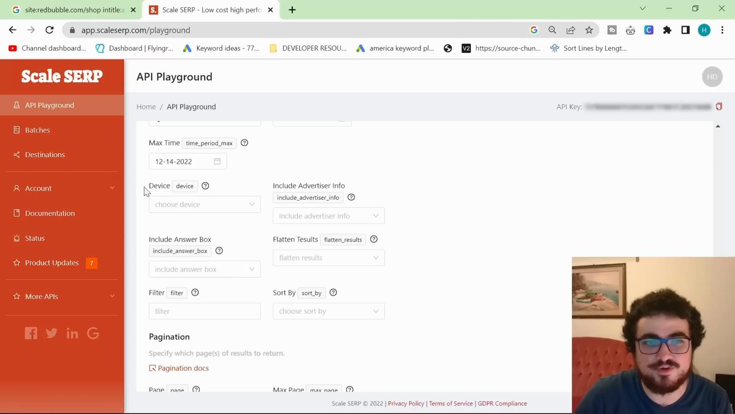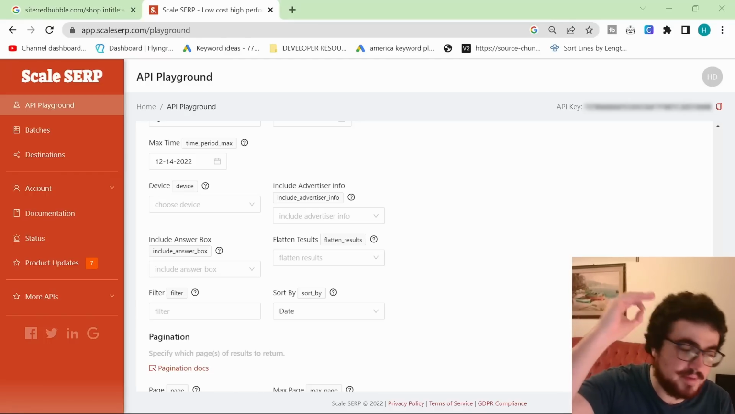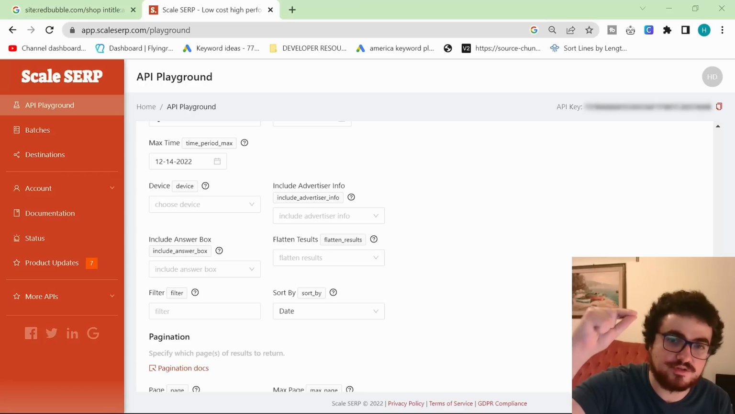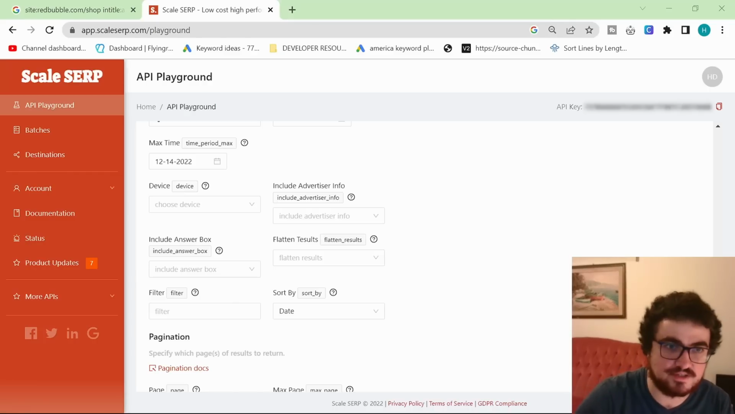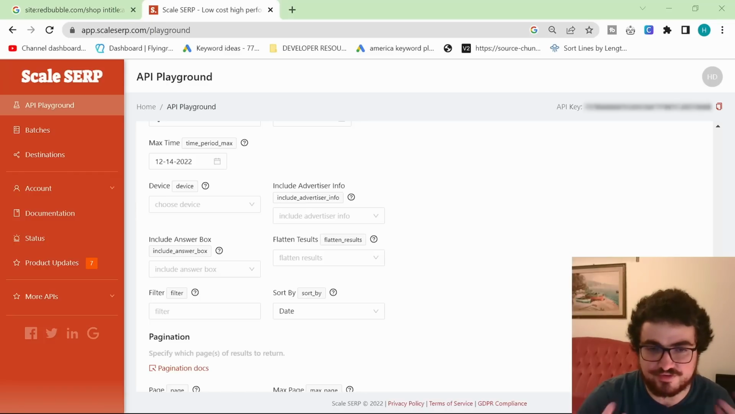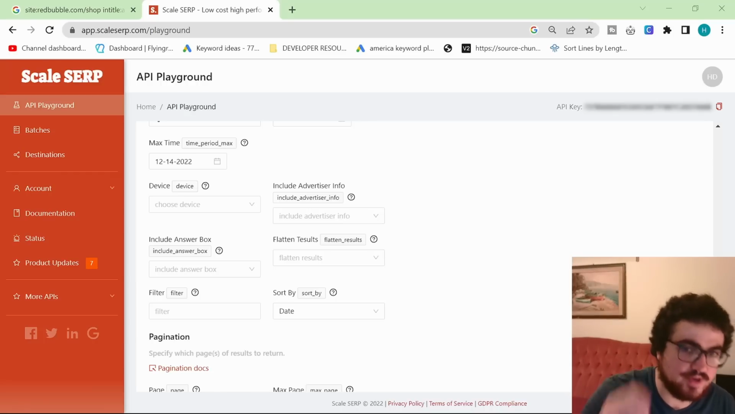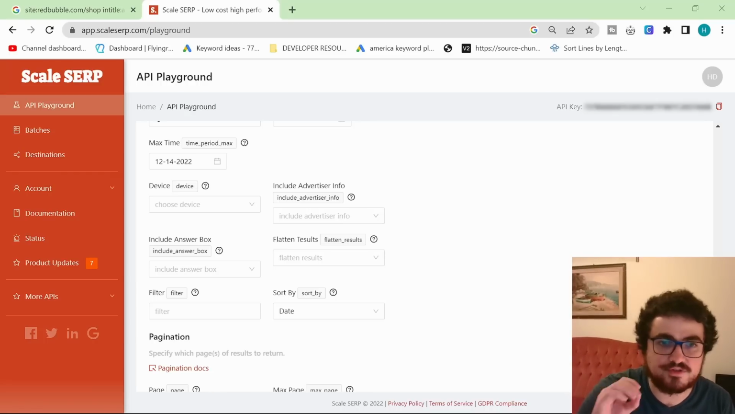You don't need to really bother with any of these except sort by. As you may or may not know, I love sorting by date because it gives us the best chance of finding untapped niches and keywords that nobody else has discovered except us because of the nature of what we're doing. So we're not using keyword tools, we're not using these oversaturated print-on-demand keyword methods. We're going straight to the source, we're going straight to Google, and that is why I love to sort by